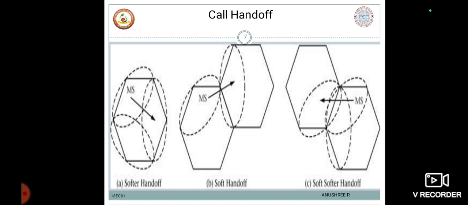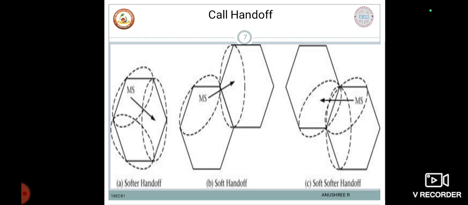In a softer handoff, more than one sector of a cell simultaneously supports the mobile's call. The CDMA mobile station will continuously scan for pilots and establish communication with any sector or cell that has a pilot RSS that exceeds a certain threshold value. So this is about the handoffs that are going to happen, that is hard handoff and